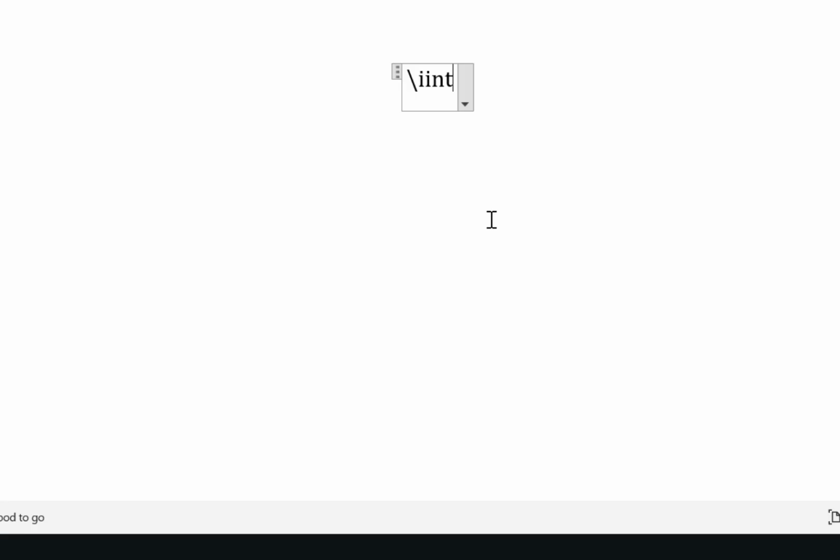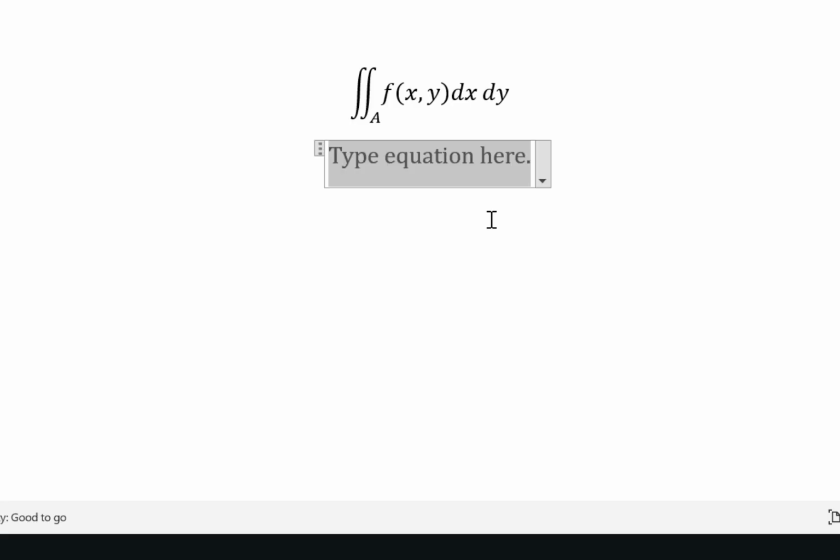in this case, this is a generalized equation. So this is going to be underscore A for area. And you would have some function within that integral that has 2 variables associated with it. If it's a double integral, it's going to integrate over 2 variables. And then which variables you're integrating over. So that is going to be dx and then dy. And then you would press enter. And there's your double integral. If that's the way that you want to present it, if that is the symbology and the syntax that you want to use. If you actually want to show the limits of integration for x and the limit of integration